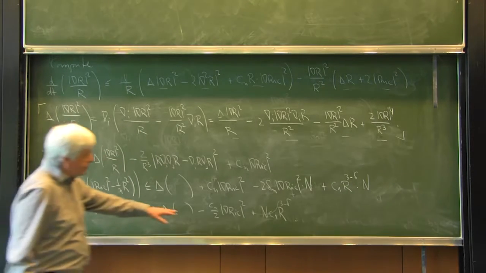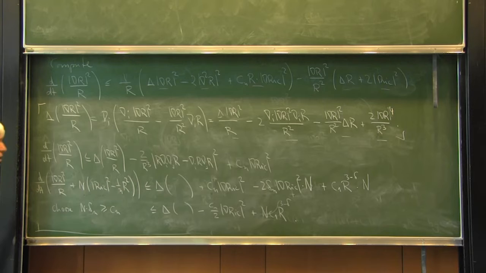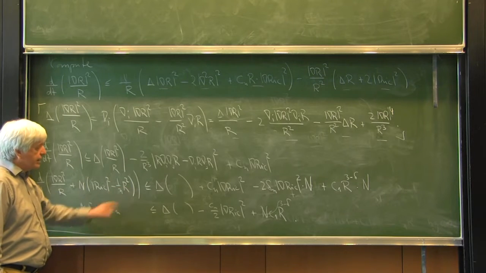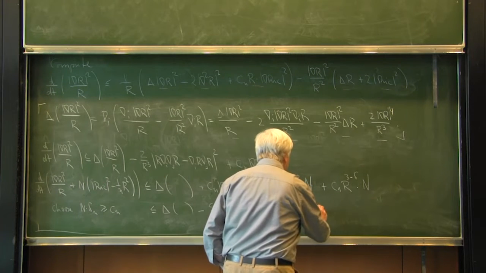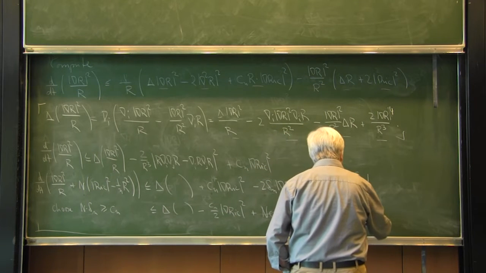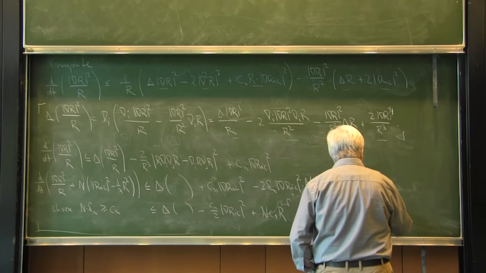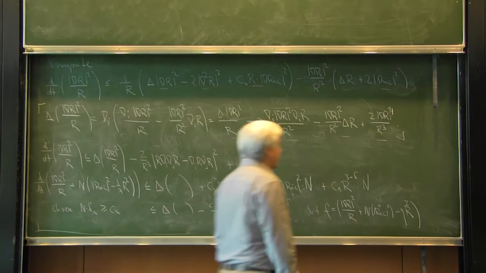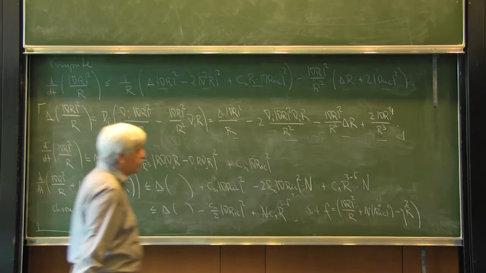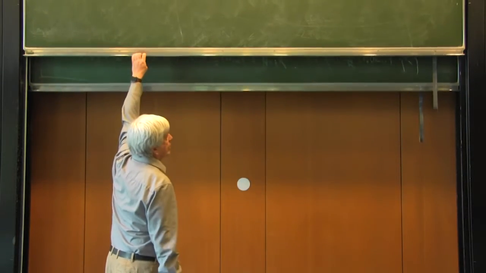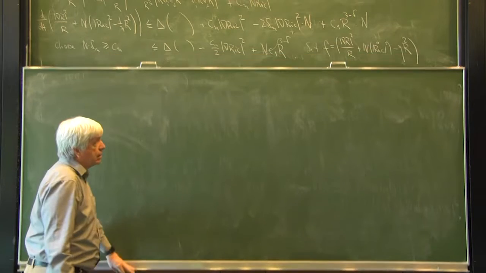So now I just have this lower order term, and this lower order term I've tried to kill by just subtracting a tiny little bit of r squared in this term. So the idea is now to set f to be gradient r squared over r plus n times traceless Ricci squared minus some little eta times r squared. And use the evolution equation for r. Then we see that